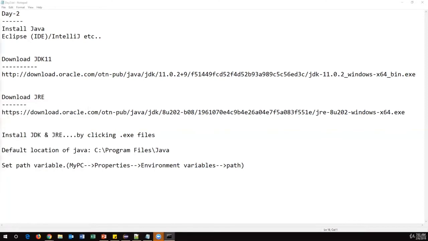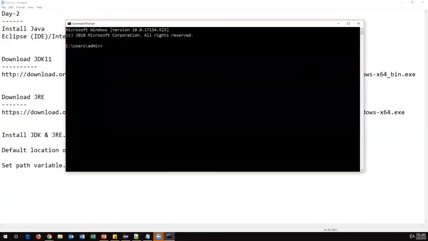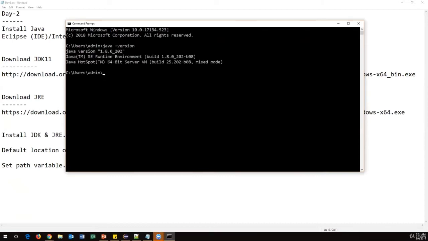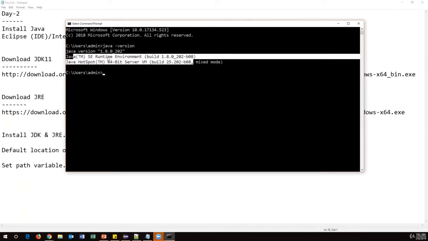Once you open the command prompt, you will see this window. Inside this window, type one command, java -version. This command will give you the version of the JRE, the Java runtime environment.